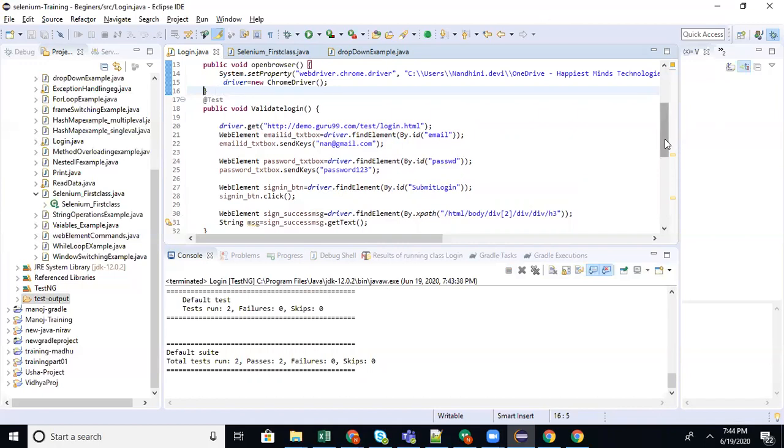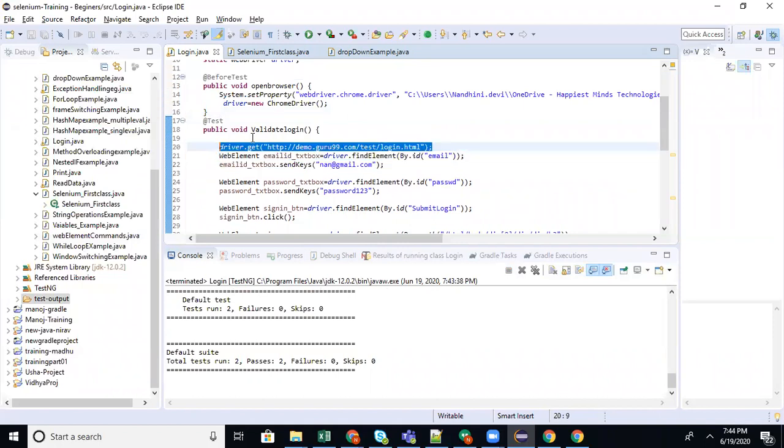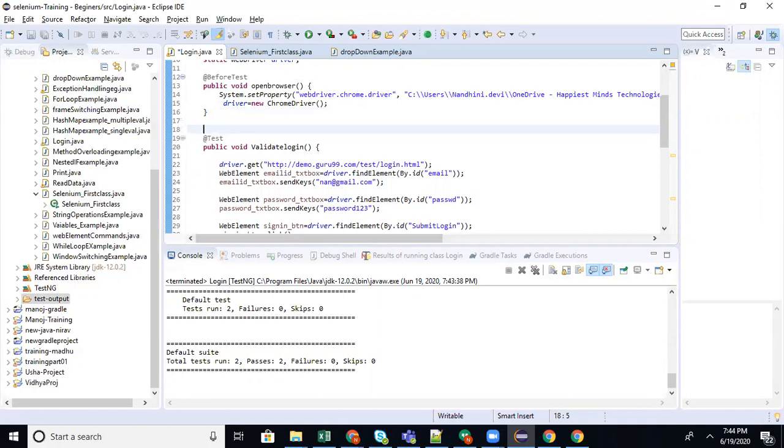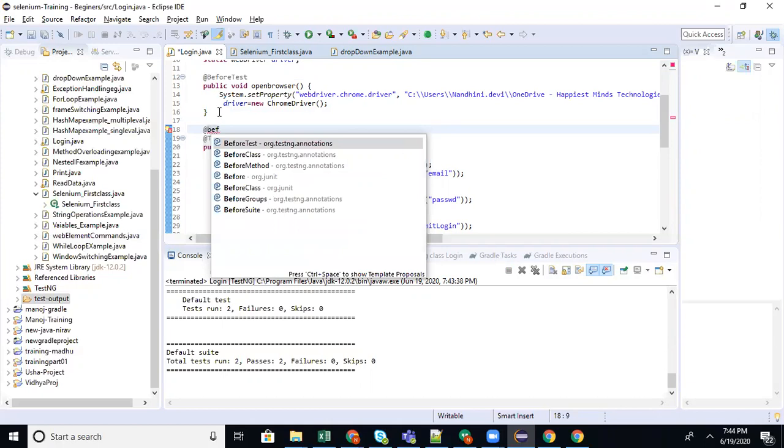What are @BeforeMethod and @AfterMethod? Before each @Test gets executed, the before method will be executed, not once like @BeforeTest. The before method will be executed before every test method.